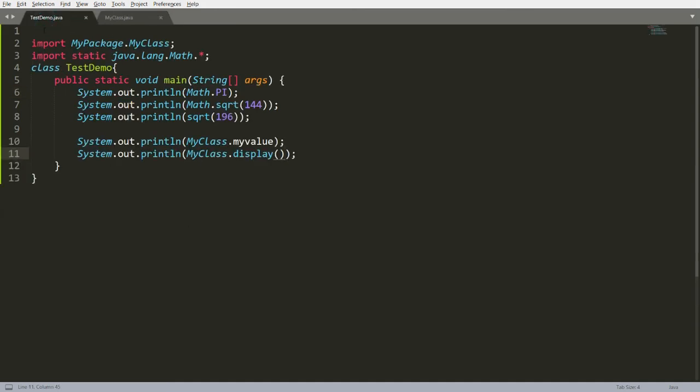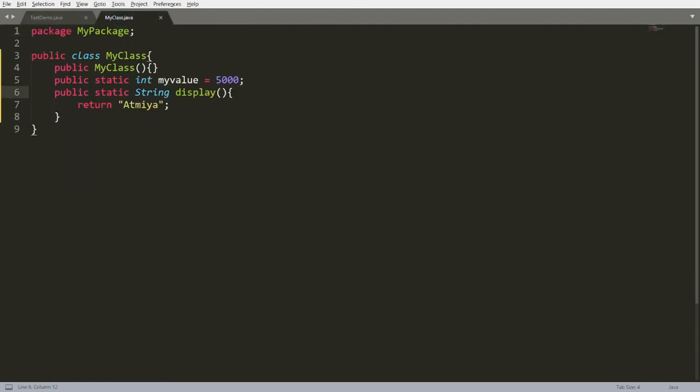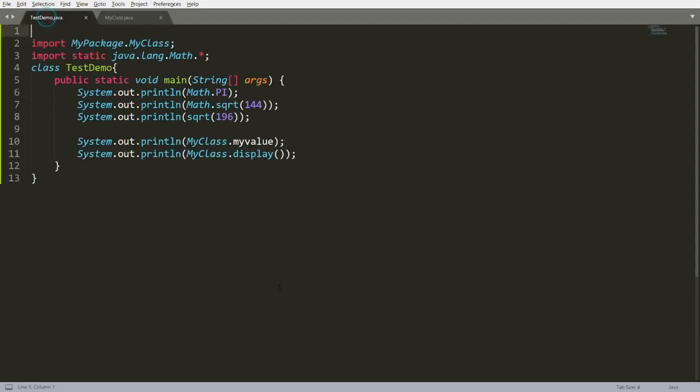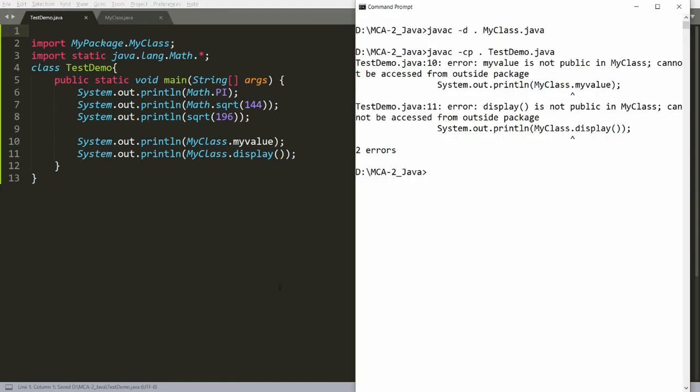Remember students, if I am declaring here the package is my package, then I don't need to declare this variable as a public. Why? Because it is a default access and default access is accessible within the same package. But hence this both are the different package, I need to declare here variable as a public. So you can save this.